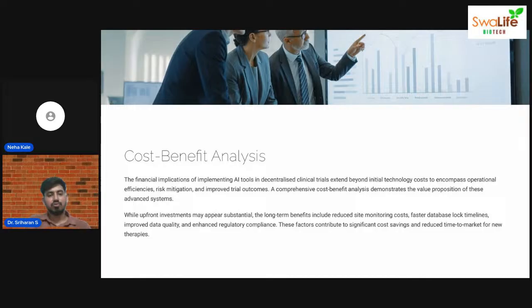Cost benefit analysis. Why? Before yesterday's class, we saw a lot of companies investing in DCT trials. Without return on investment, no company will invest. So we want to gain financially as well. Clinically we will gain when we give good research, and the company investing the money to conduct the trial also gains financially in their field. So cost benefit